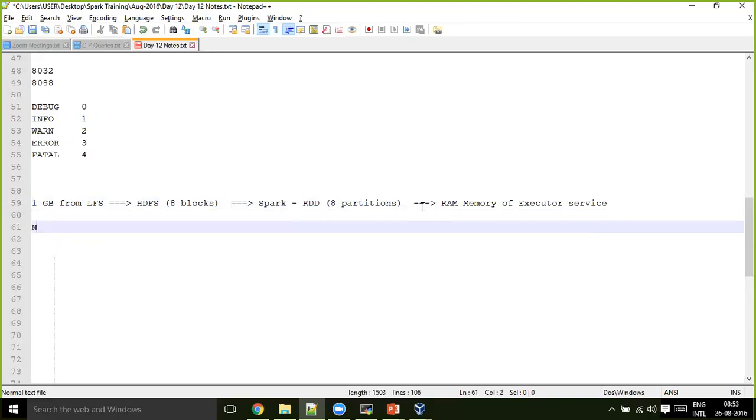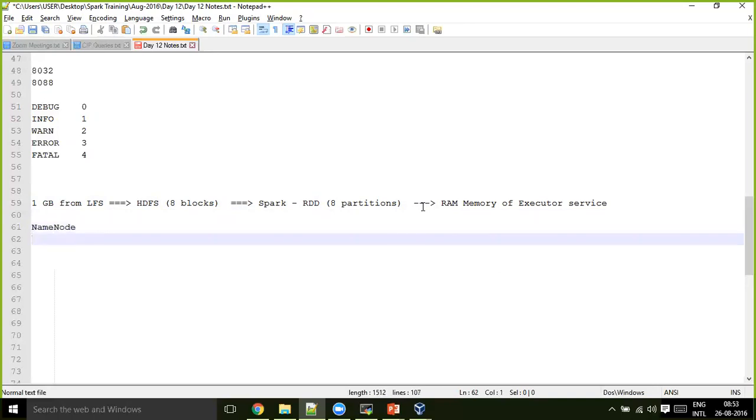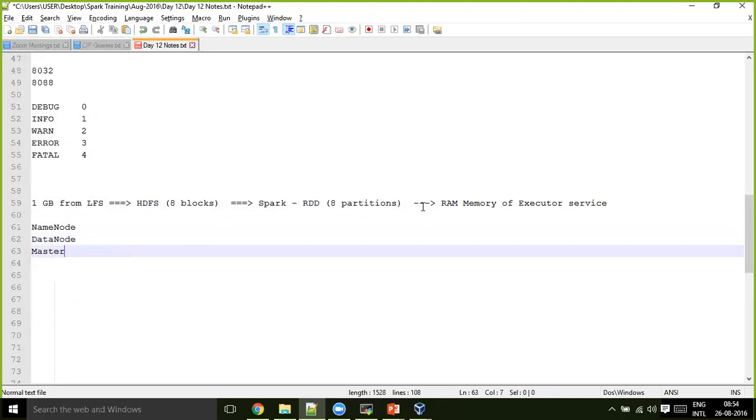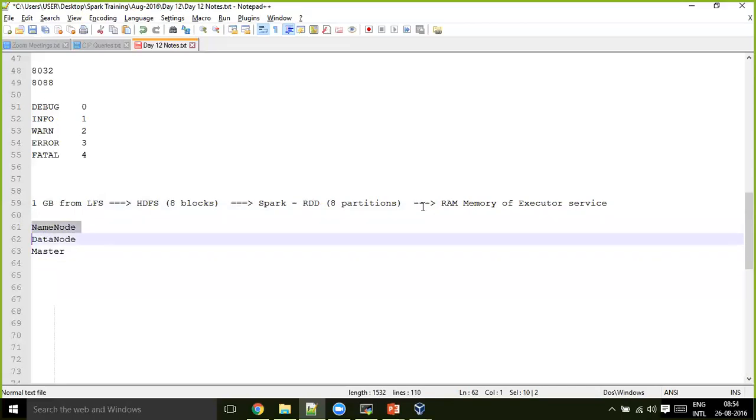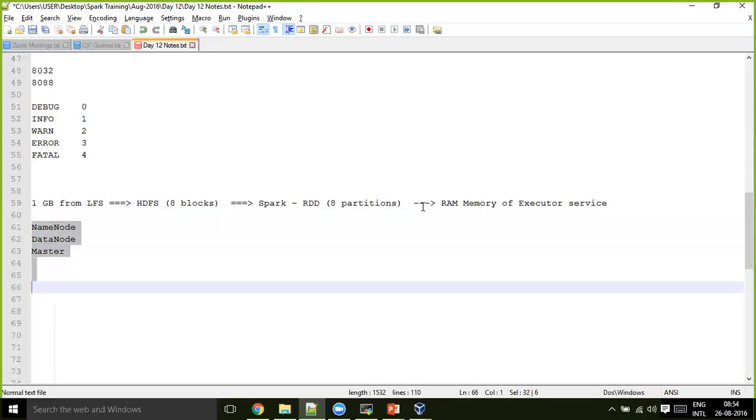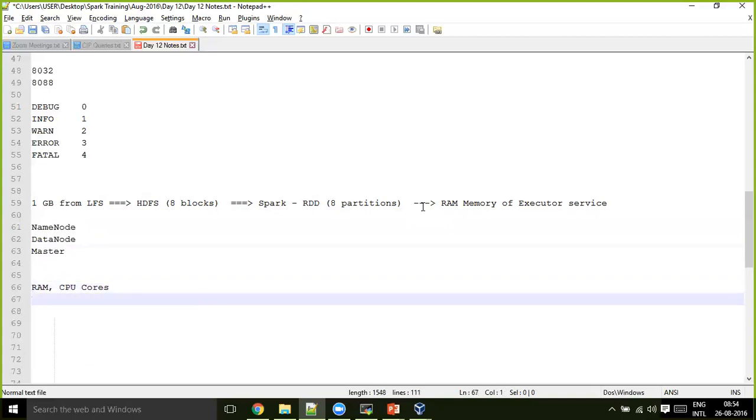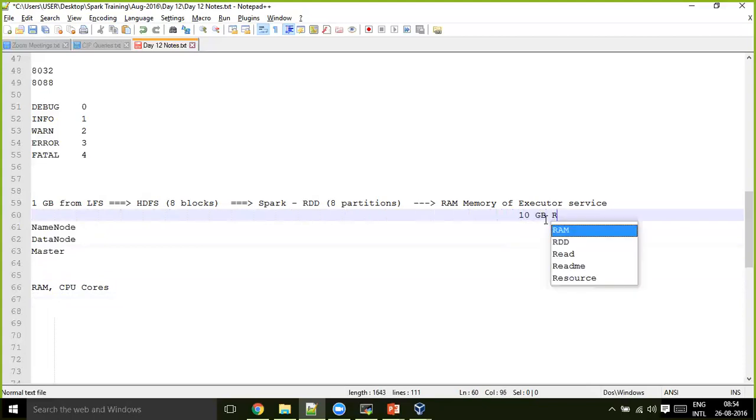All the services, NameNode, DataNode, master, whatever, are Java services only, JVMs with some RAM amount and some CPU cores. That way, each executor on the worker machines, let's say they have 10 GB RAM, has 10 GB RAM allocated only to your Spark executor service.